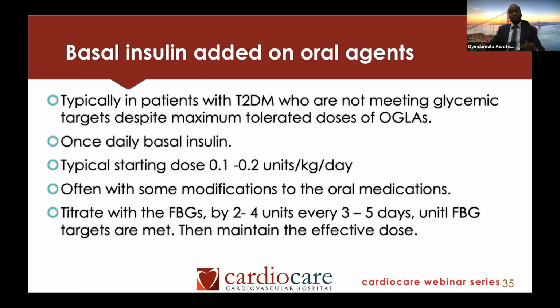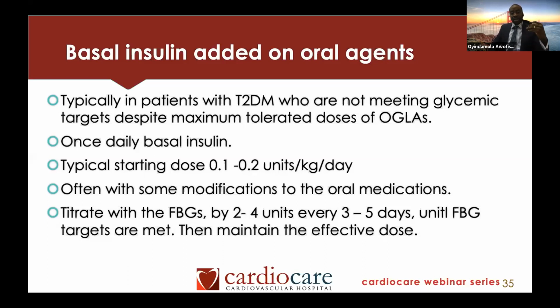One of the approaches to use is to add basal insulin to the oral agent as an add-on agent, okay? And that's been done more and more commonly now, especially since the true basal insulins, like glargine and detemir, are more available now, okay? So usually, once daily basal insulin is simply added to the patient's regimen. And the typical starting dose is between 0.1 to 0.2 units per kg per day. So for example, if the person is weighing 100 kilograms, then you can start the person on between 10 and 20 units per day of